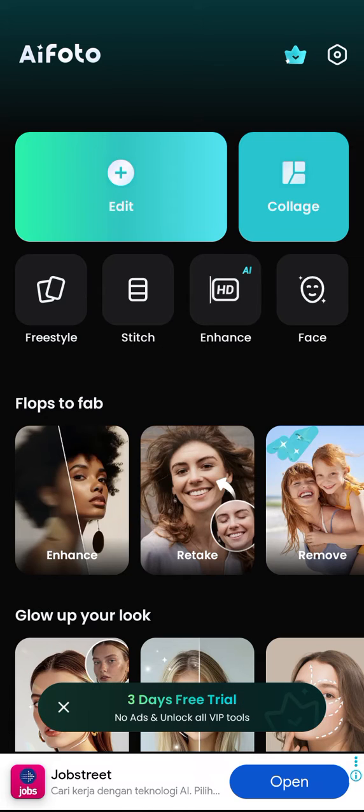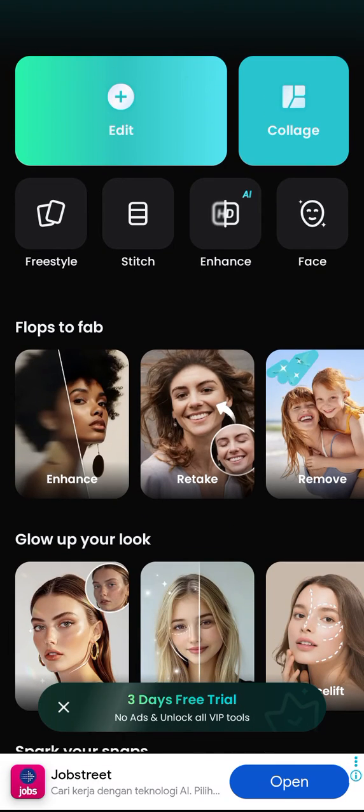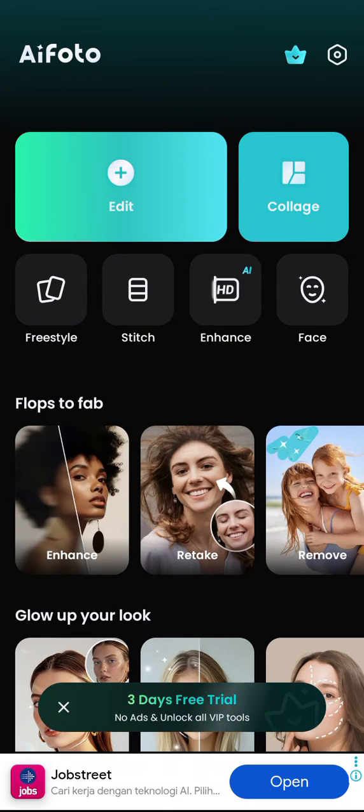So the first step you can do is install this AI photo application, and don't worry because this application can be installed on your Android or iOS phone. Right after the installation process is done, you can simply open it. But usually for new users, they will offer you to buy the package